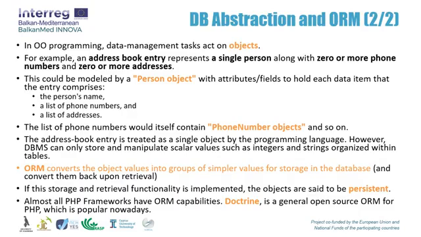However, many popular database products such as SQL database management systems can only store and manipulate scalar values such as integers and strings organized within tables. The programmer must either convert the object values into groups of simpler values for storage in the database, and convert them back upon retrieval, or only use simple scalar values within the program. Object relational mapping implements the first approach. The heart of the problem involves translating the logical representation of the objects into an atomized form that is capable of being stored in the database while preserving the properties of the objects and their relationships so that they can be reloaded as objects when needed. If this storage and retrieval functionality is implemented, the objects are said to be persistent.